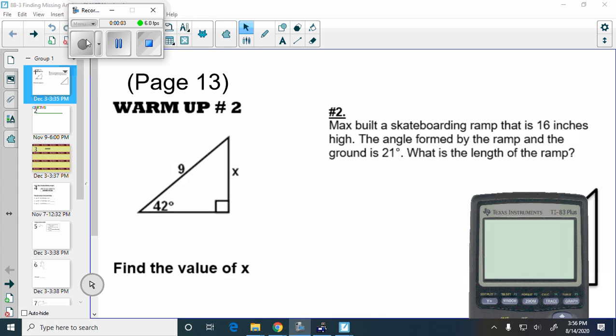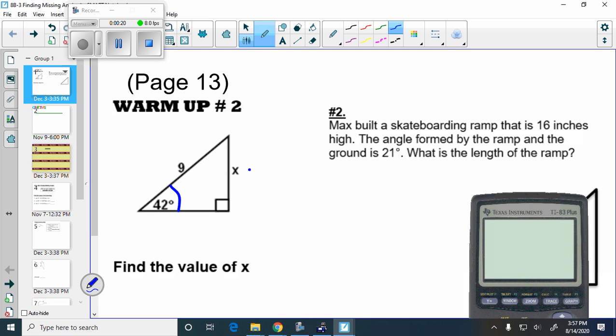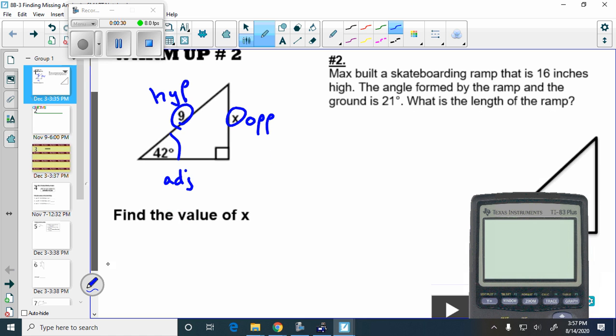Howdy, we're going to go through the third topic in Unit 8B, the Trig unit, and we'll start out with a little warm-up activity. So this first problem says find the value of x. I've been given this angle. So relative to that angle, this is the opposite side. This is the hypotenuse. This is the adjacent side. So since I've got opposite and hypotenuse, that's the sine of 42. SOHCAHTOA, the opposite over hypotenuse, is x over